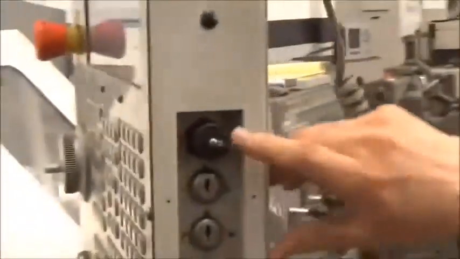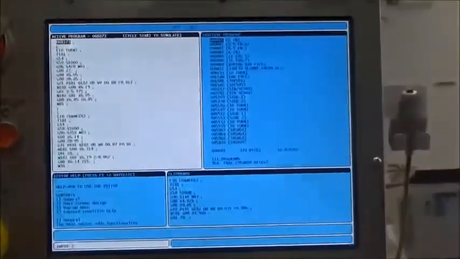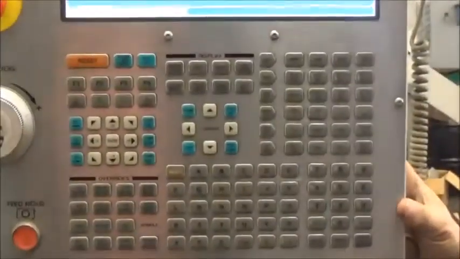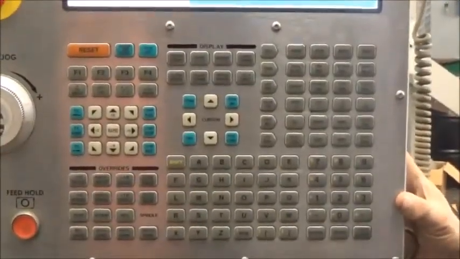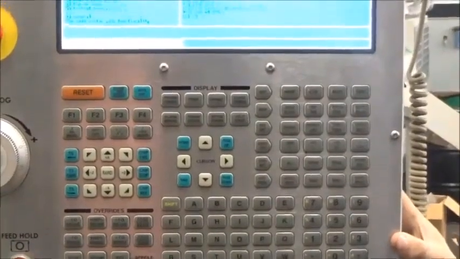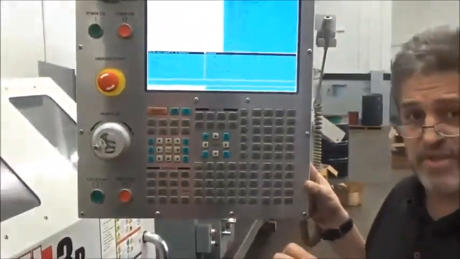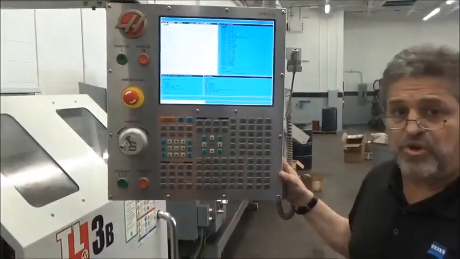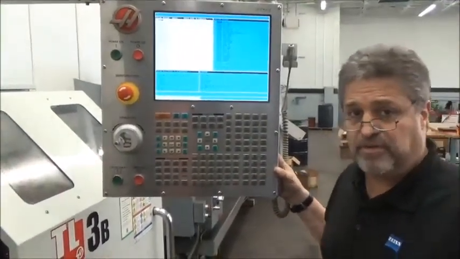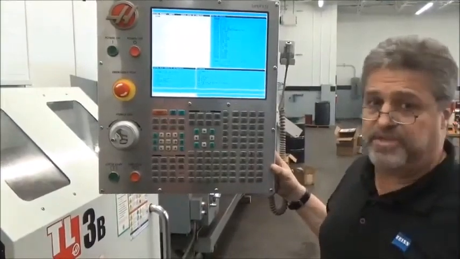Large color screen. It has the USB port right here. Those two things together should tell you that it has got the Coldfire processor, or called the Haas with Coldfire. Usually those machines are from about 2007 up to about 2016. We're going to show you how to find the hour meter to say what the hour meter says in this